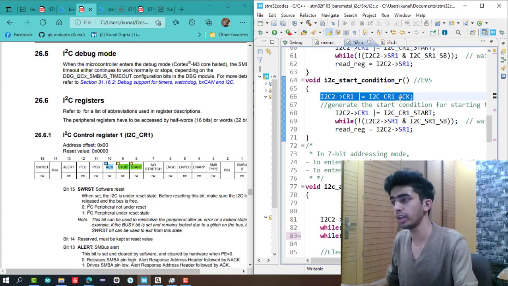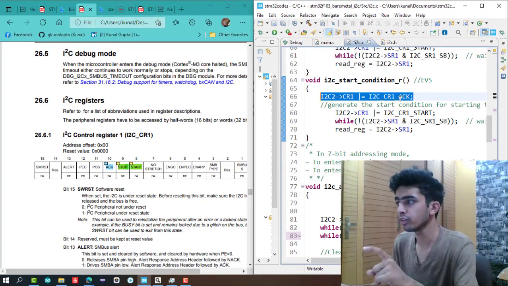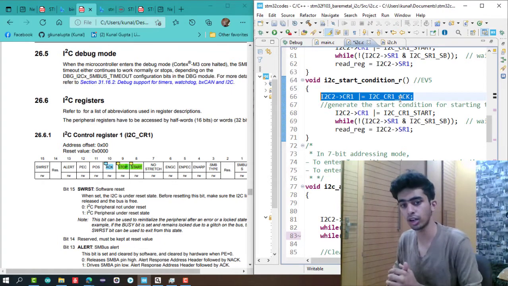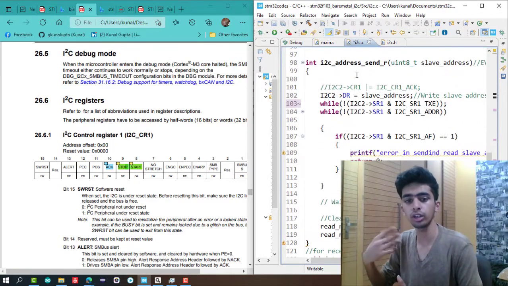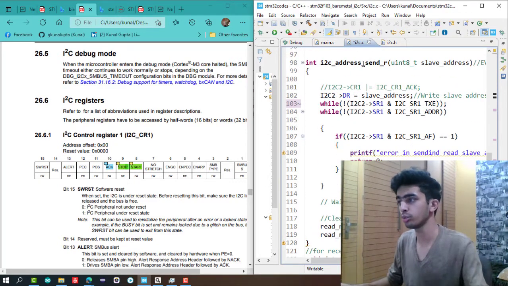Then we write the address according to the read slave address. One thing is that in read we will not use the TXE bit, because here we are going to receive data, not transmit data.